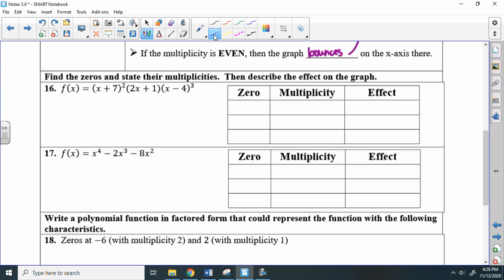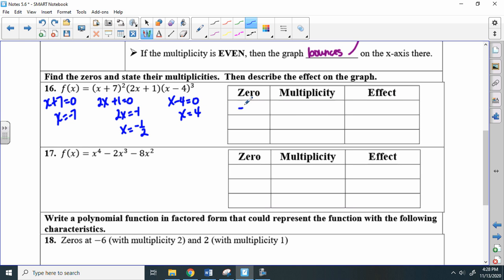Okay, so when you find the zeros, all you have to do is set each factor equal to 0 and solve. Okay, so on this one we're going to subtract 1, and on this one we're going to divide by 2. And then on the last one, all right,